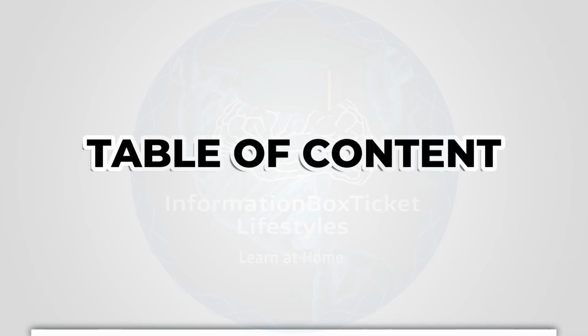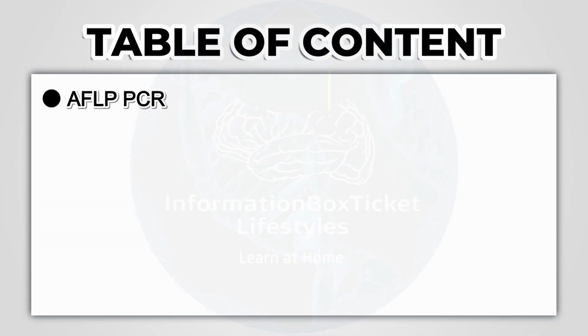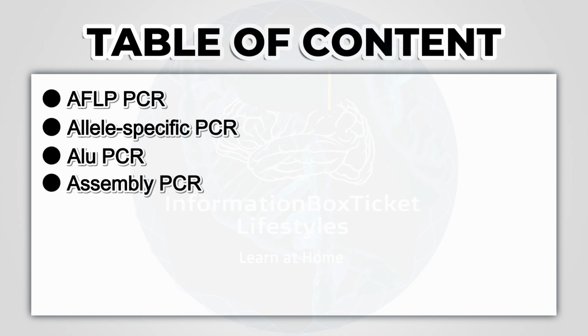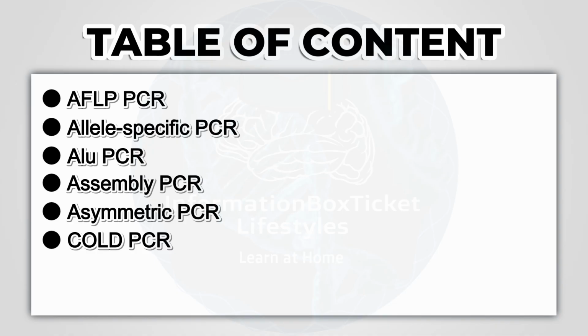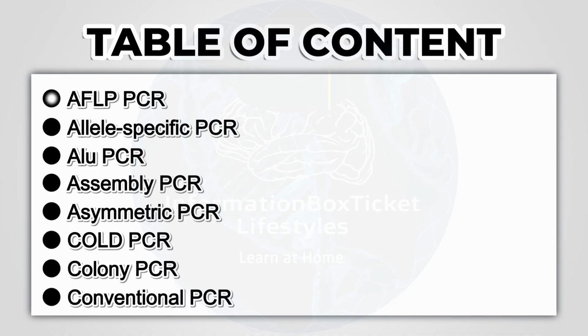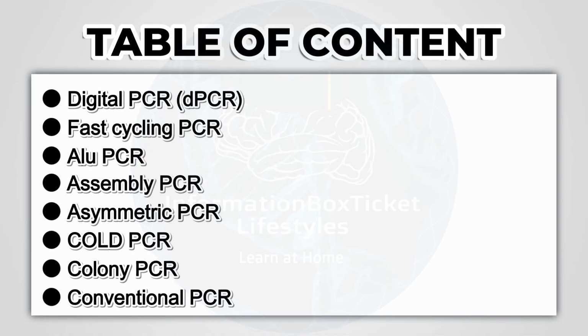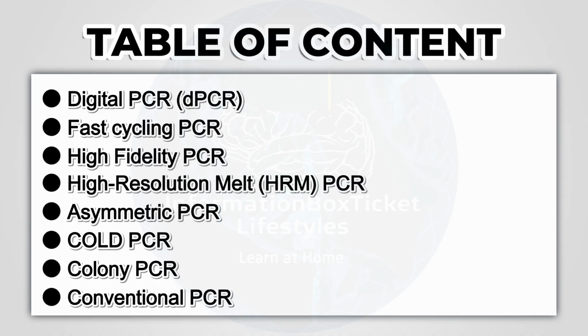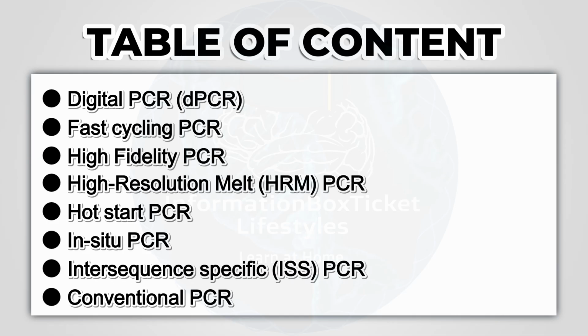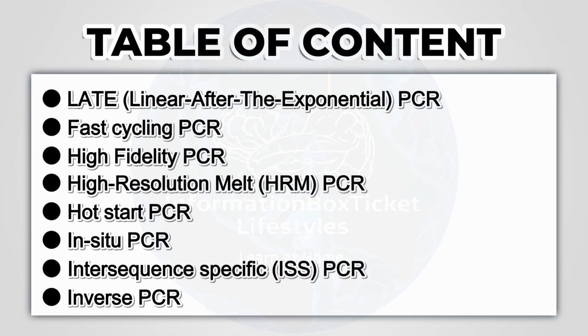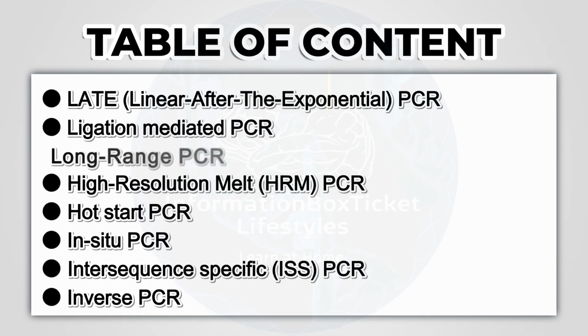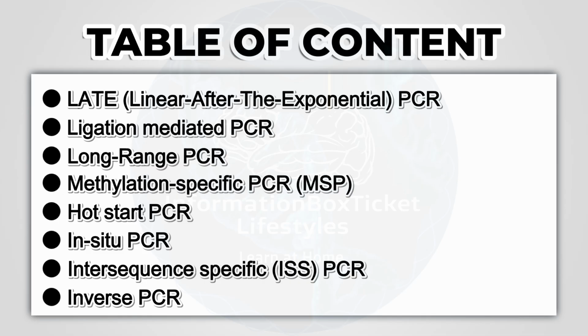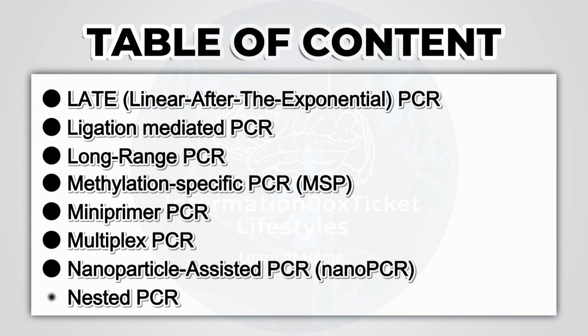Table of contents. Amplified fragment length polymorphism PCR, Allele-specific PCR, Alu PCR, Assembly PCR, Asymmetric PCR, Cold PCR, Colony PCR, Conventional PCR, Digital PCR, Fast Cycling PCR, High Fidelity PCR, High Resolution Melt PCR, Hot Start PCR, In-situ PCR, Intersequence-specific PCR, Inverse PCR, Late PCR, Ligation mediated PCR, Long-range PCR, Methylation-specific PCR, Miniprimer PCR, Multiplex PCR, Nanoparticle-Assisted PCR, Nested PCR,